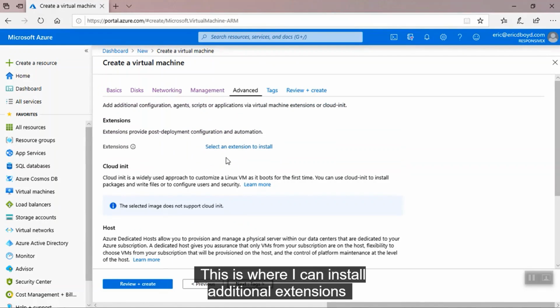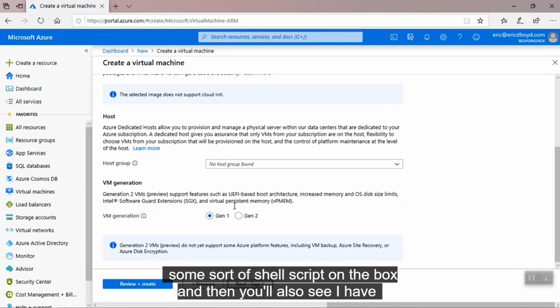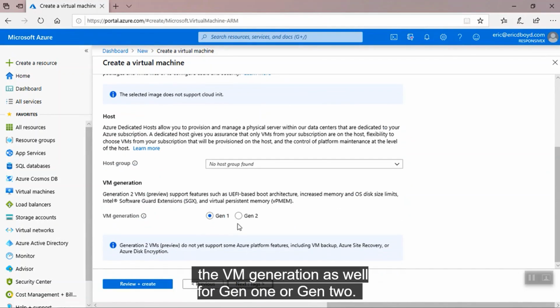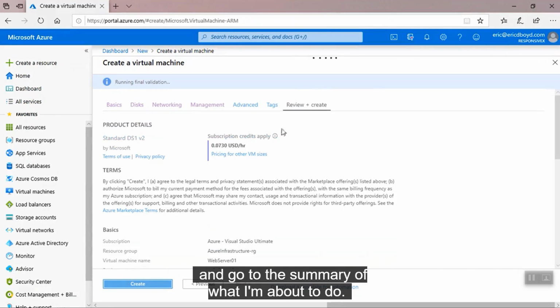This is where I can install additional extensions that I might want to use to run PowerShell or some sort of shell script on the box. And then you'll also see I have additional options for selecting the VM generation, Gen 1 or Gen 2. I'm going to go ahead and click Review and Create and go to the summary of what I'm